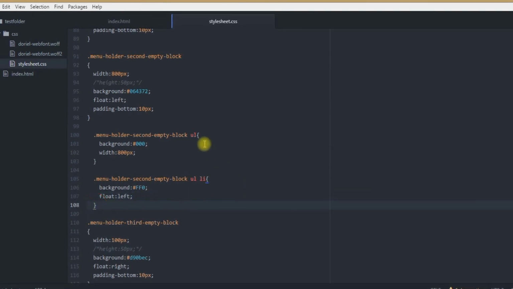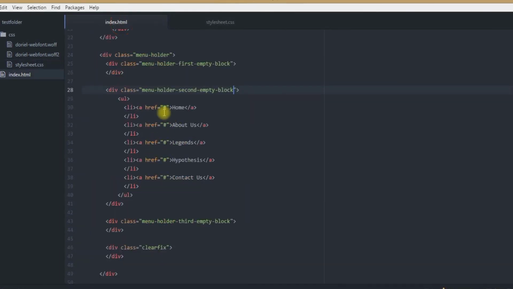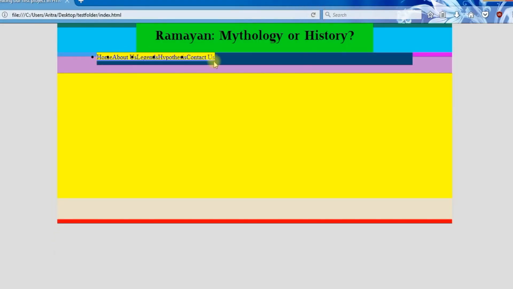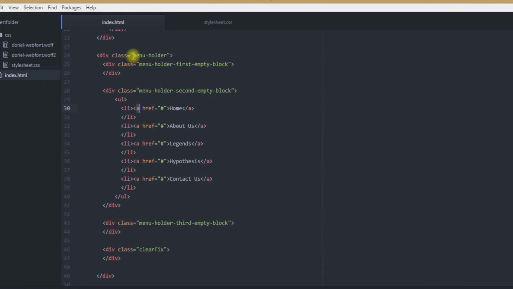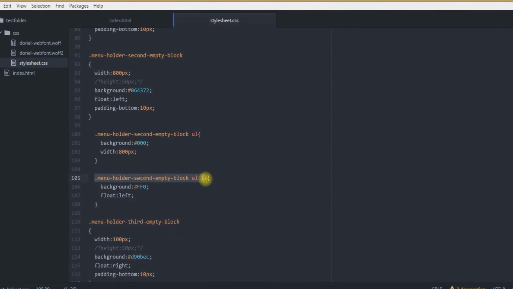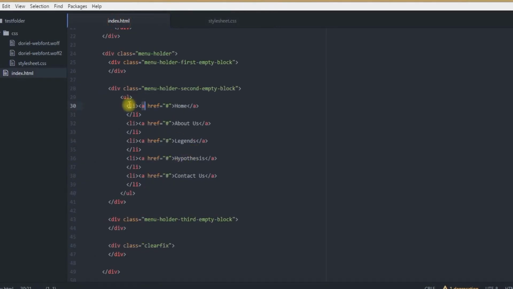Now another last thing that remains is the anchor tag. This is the anchor tag that we have created over here. Now we have to customize this anchor tag. So first of all, get back to your project, reload, and you see that this horizontal alignment has been produced so far. Now you get back to stylesheet.css. In the same manner as you did over here, this anchor tag is actually coming under the list item. This is the anchor tag which is coming under this list item.